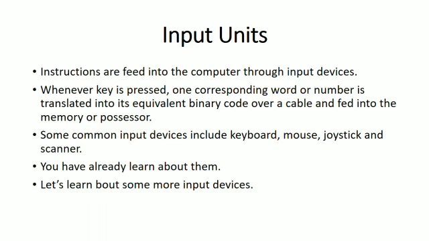In simple terms, when we are pressing any key, suppose we are pressing the alphabet A, at that time the binary code of A is sent to the memory or processor. So when we are pressing A, the control unit sends the processor the binary code, not the alphabet A. That is sent through a cable because our keyboard is connected with the CPU through a cable.